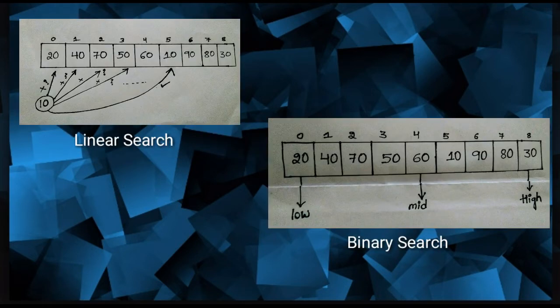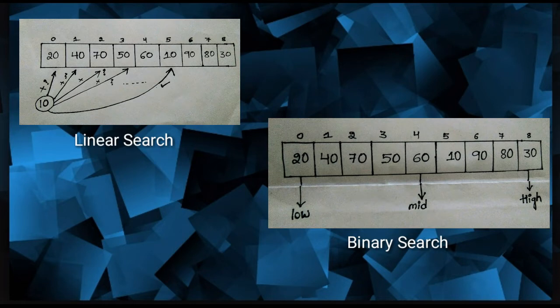You can say that we already have two other searching techniques like linear search and binary search, so why do we have to go for this hashing technique? The reason I will tell you. Before that, if you have an idea about linear search and binary search, that's good. Or if you have no idea, I will put the links in the description box. You can go through that.